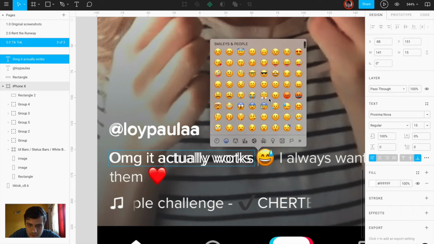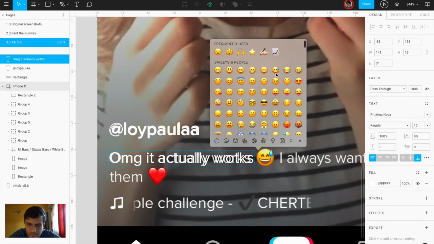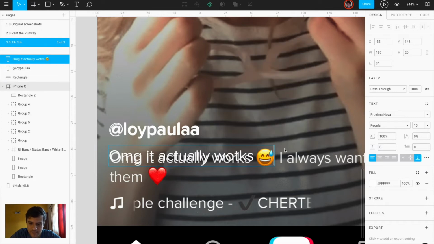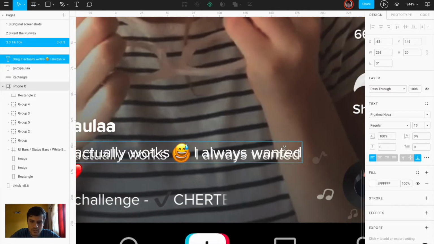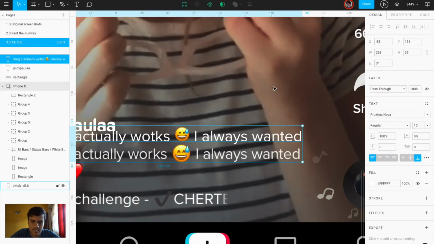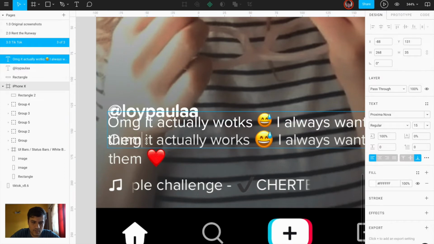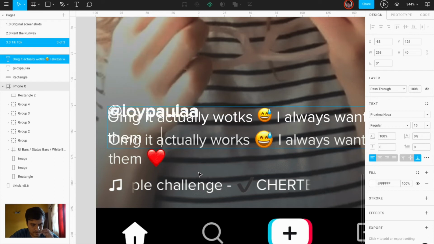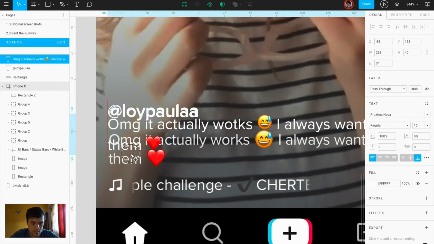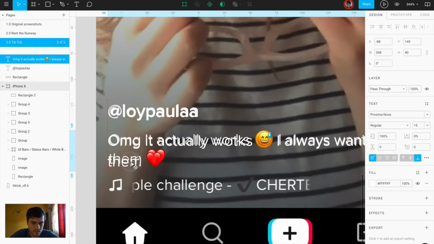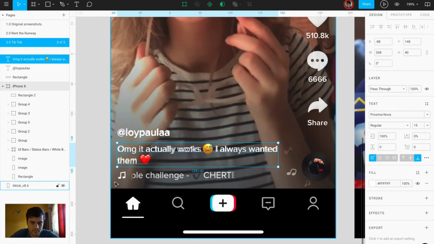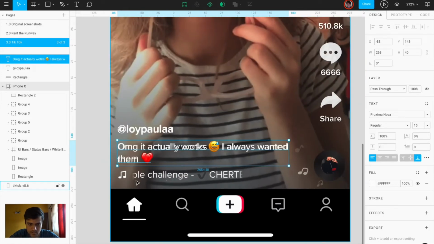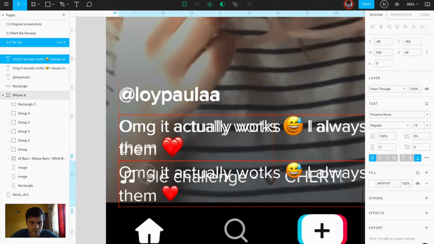Exasperated face. What is it called? To bring up the Mac emoji, you can do Control Command Space. I always wanted them, heart emoji. Cool, cool. Emojis are a tiny bit smaller. That's chill. And then there's some text at the bottom here as well, which is the name of the song